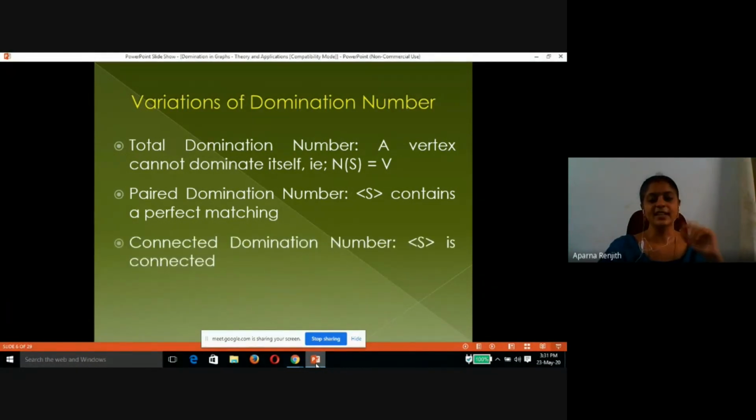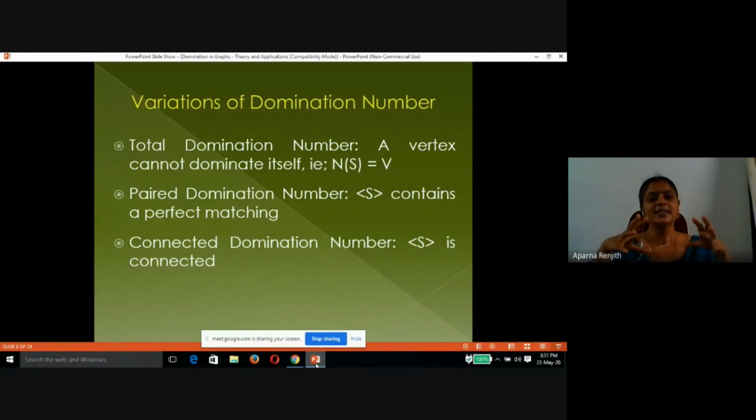Another thing is connected domination number. Again, in a security system, we can realize why such a thing is needed. We have placed securities at certain positions so that the entire system is monitored. And a security observes a thief doing some theft and running away, so he needs to alert all other securities. For that, now we have wireless systems. If two securities have a wireless, it means they are connected to each other, right?